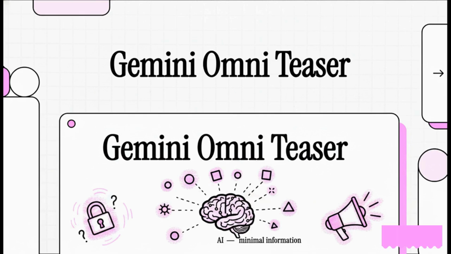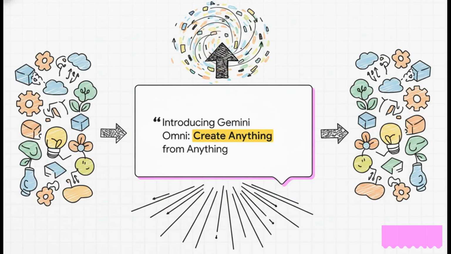their newest release. Now, the title of this YouTube video lays out a massive claim. Introducing Gemini Omni, create anything from anything. In the fast-paced world of tech announcements, we're so used to these really specific, granular promises, right? Like faster processing speeds, higher resolution images, or specific little feature updates. But this completely frames the tool not just as some incremental update, but as a huge philosophical shift in how we might actually interact with their tech. It's absolute, it's confident, and it definitely signals a major departure from the standard, boring feature list we usually expect.